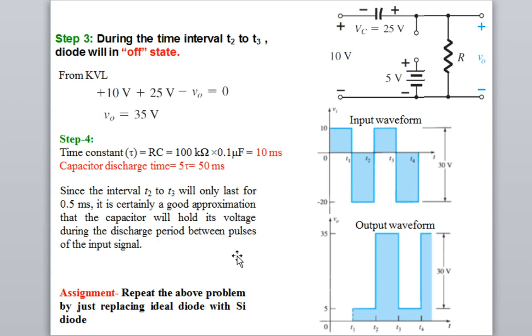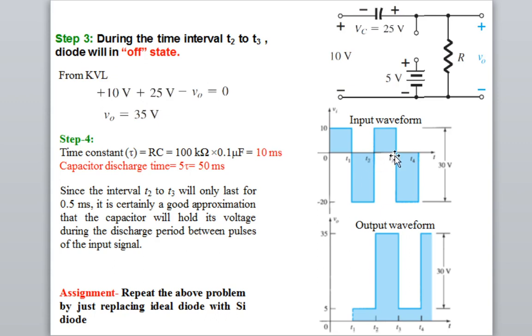So now if you draw the output with respect to the input waveform, this is the input waveform and this is the output waveform. As I said, for 0 to T1, the capacitor was in reverse bias, the diode was in reverse bias, so the capacitor was not charged, and you don't get any output voltage or signal. Now for the T1 to T2 time interval, the diode was in forward bias, so you get an output voltage equal to the applied bias voltage, that is 5 volt.